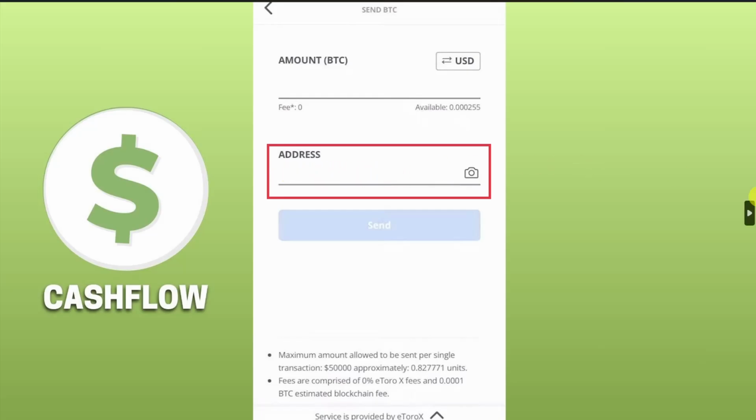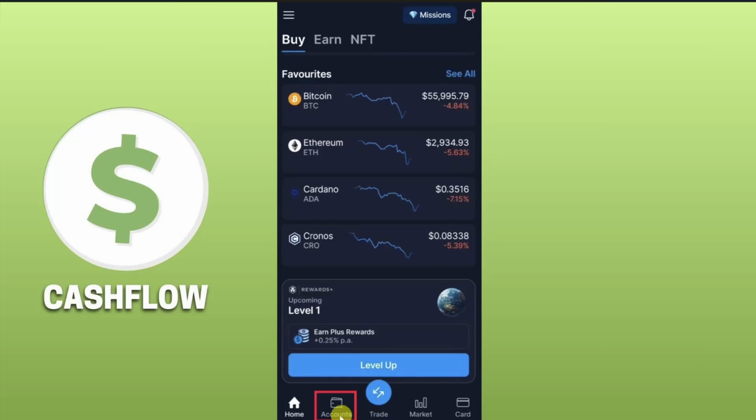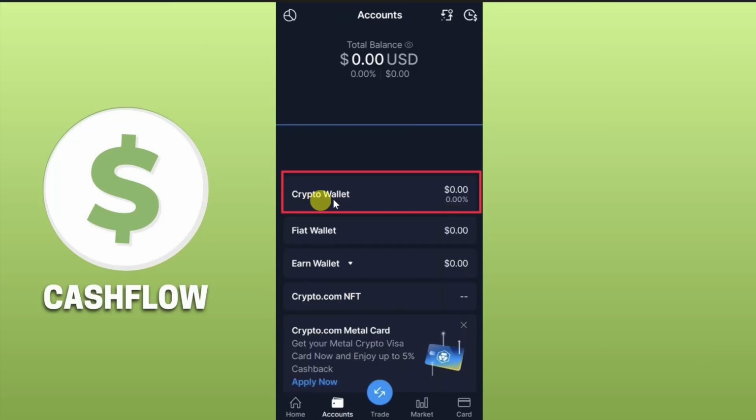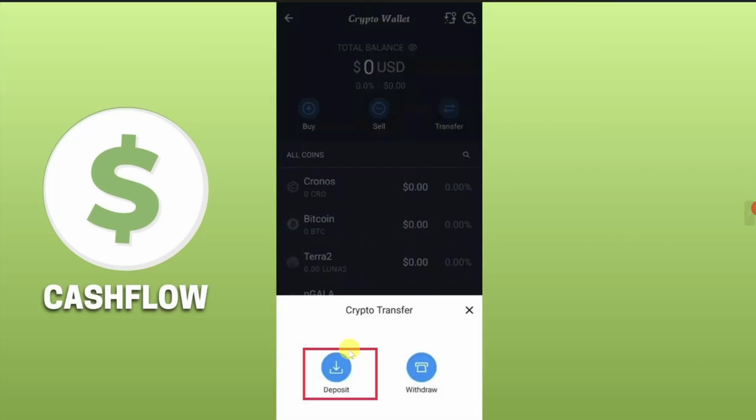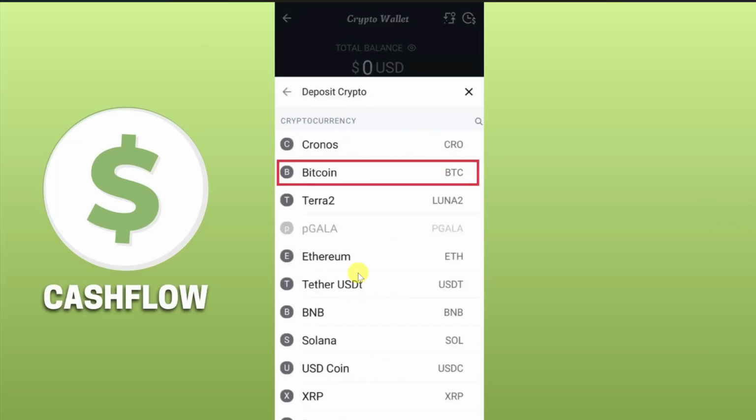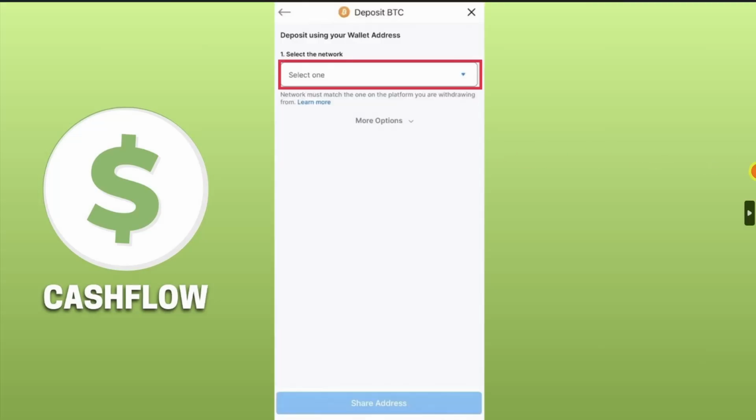from your crypto.com. So open up your crypto.com and then click on this accounts option from the bottom of your screen. After that, click on crypto wallet, and then you have to click on this transfer button, and from this pop-up window click on deposit, and from this list of cryptocurrencies select the cryptocurrency that you are going to receive in your crypto.com. So we are going to receive Bitcoin, so I will just select Bitcoin from here, and then